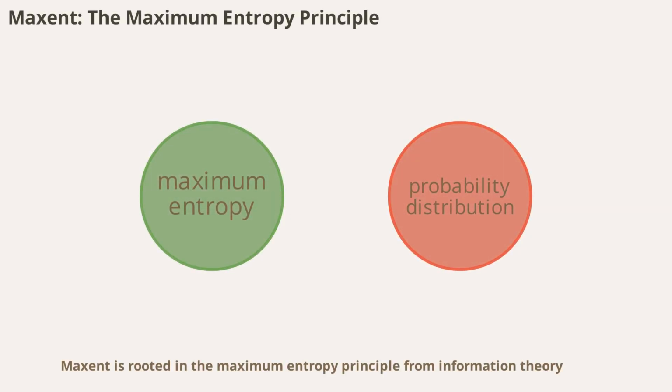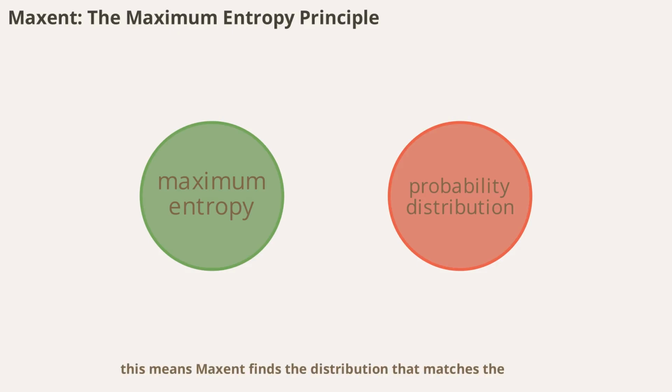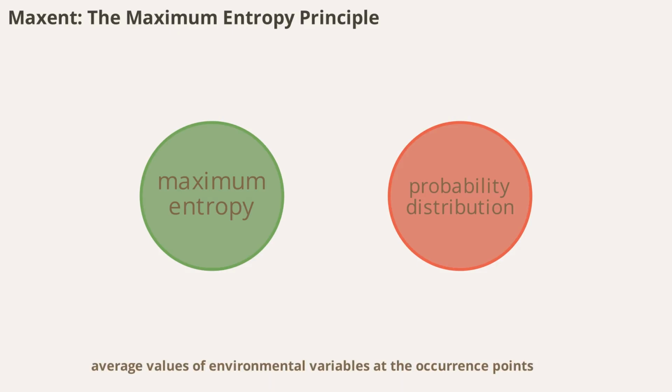MaxEnt is rooted in the maximum entropy principle from information theory. The idea is to estimate the probability distribution that is most uniform, or spread out, given the constraints of the observed data. In practice, this means MaxEnt finds the distribution that matches the average values of environmental variables at the occurrence points, without making unwarranted assumptions. This approach is mathematically rigorous and has been widely applied in fields ranging from physics to image processing, and now